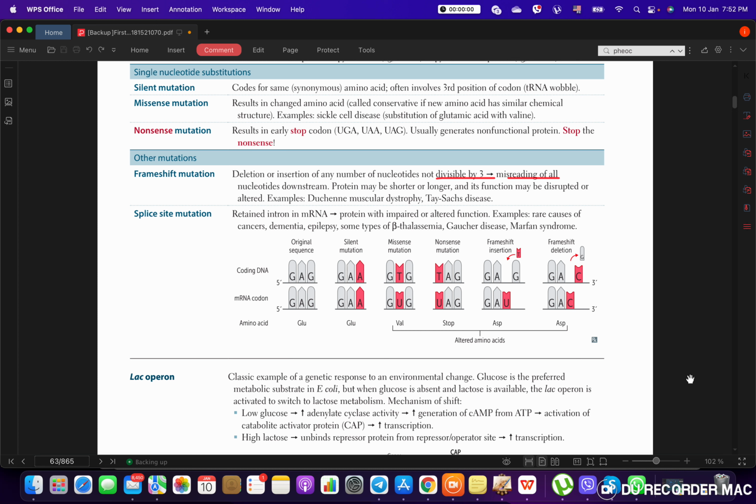How many nucleotides do we need when we code for an amino acid? Yes, we need 3 of them. 3 of them, absolutely. So to code for one amino acid, you need 3 nucleotides. So if I'm going to shift them to the right, all of the sequence that will come after will be messed up, okay? So they write,